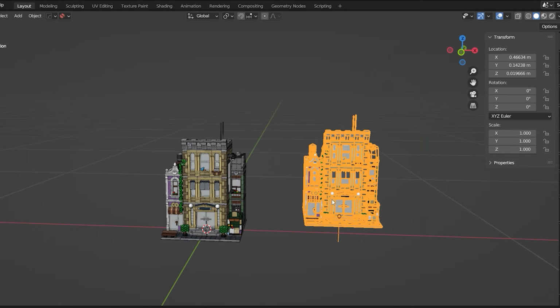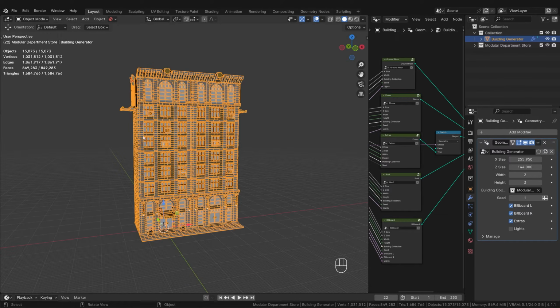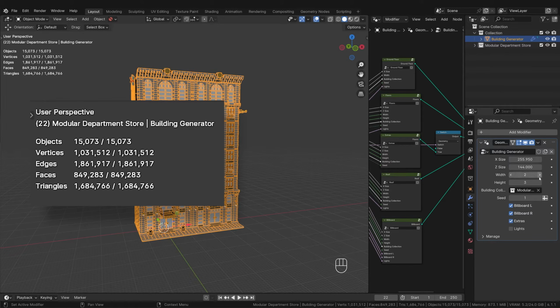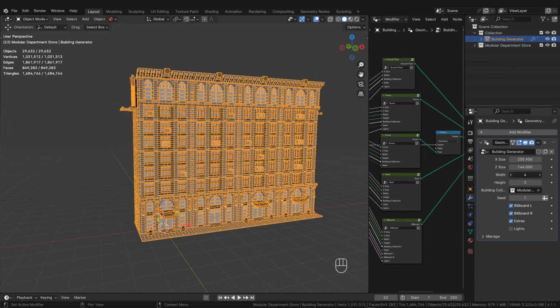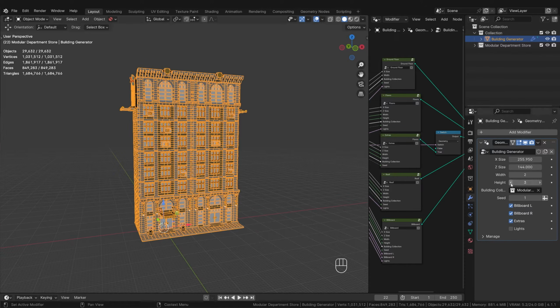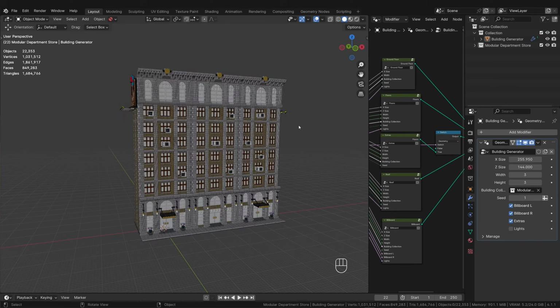This has the advantage that all vertices, faces, etc. are only counted once. Just pay attention to these values when I change the size of the building. They all stay the same, except for the number of objects. So we can't improve much on the lower values without reducing the quality. But what about the number of objects? Each LEGO brick is an individual object. The larger your scene gets, the more LEGO bricks come into play and the more it affects the performance.